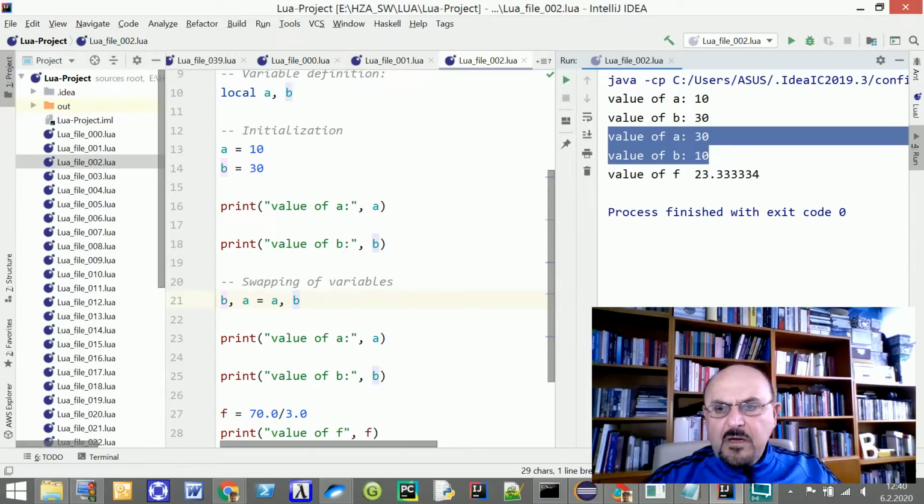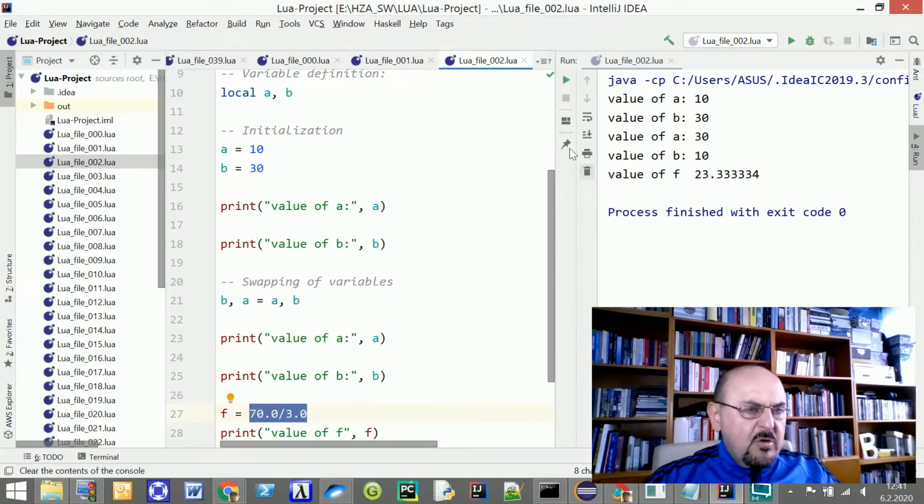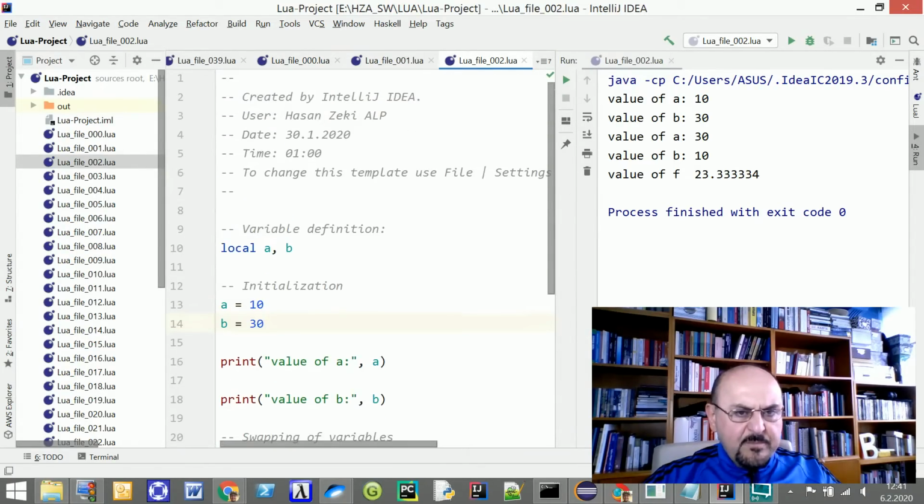You can see a becomes b and b becomes a: 30 and 10. And for the next example, the result of this division operation becomes pointed numbers, decimal numbers, not integers. So it gives no error code, and that's what I would like to share with this example.